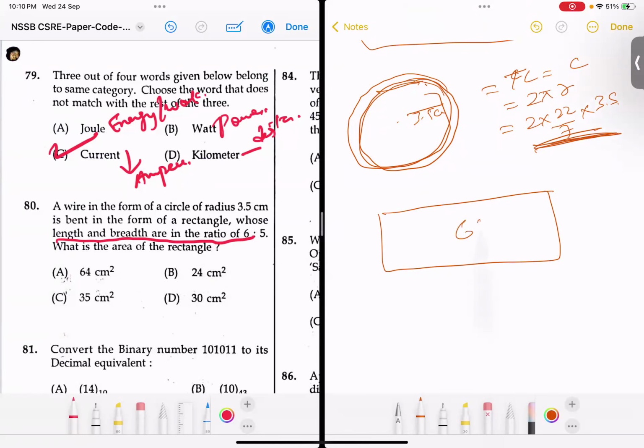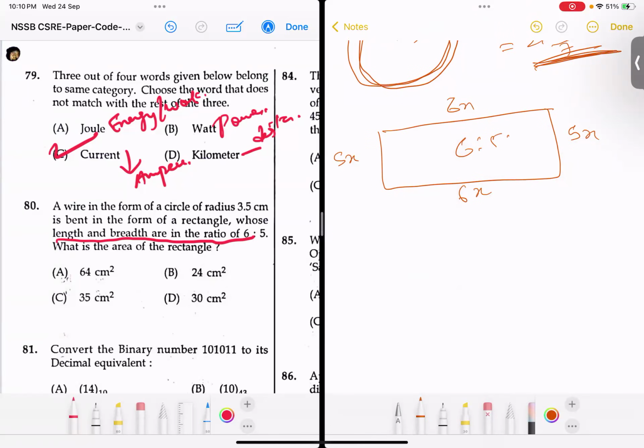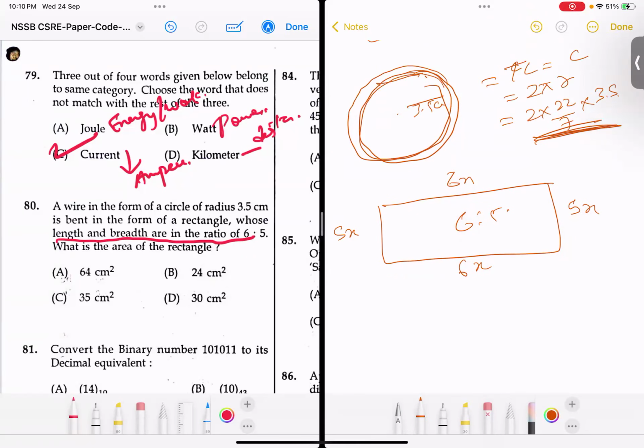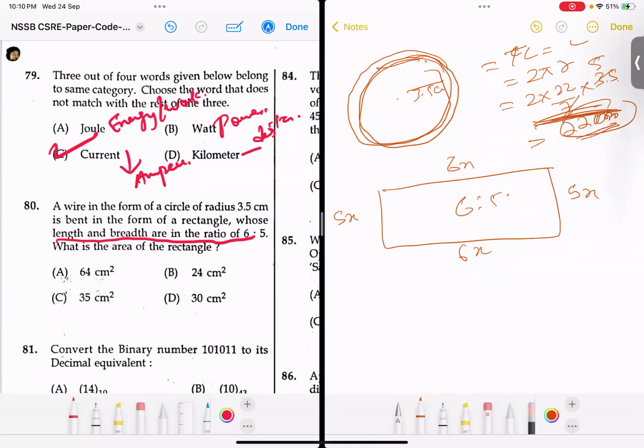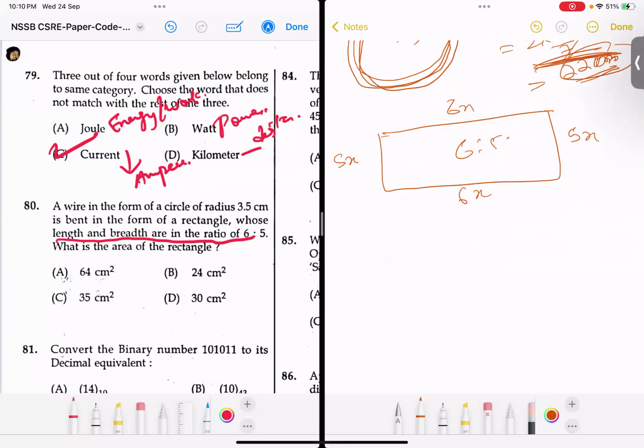Now 6:5, let's consider it as 6x, 5x, 6x, 5x, right? And if you solve this, you will get it as 22 centimeter, okay? So this is the distance or the length of wire. So this length of wire, which was initially in the form of a circle, is now converted into a rectangular